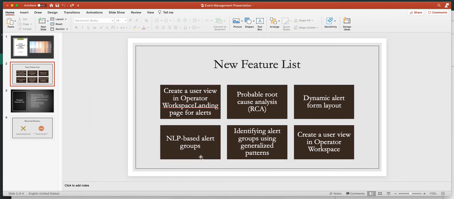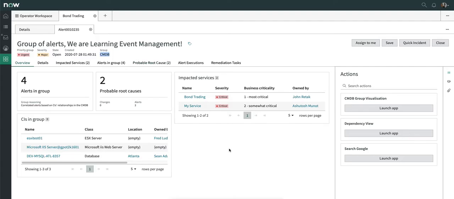It is NLP based alert groups. So what is NLP? NLP is natural language processing, right? So NLP is nothing but natural language processing. Now what NLP does is it makes use of the clustering models and the text patterns basically to group the alert. So depending upon machine learning and the text pattern, these alerts